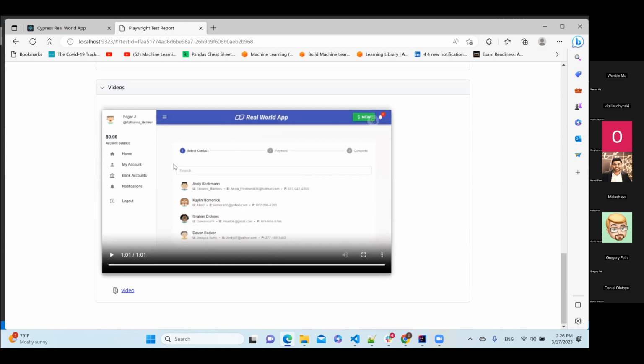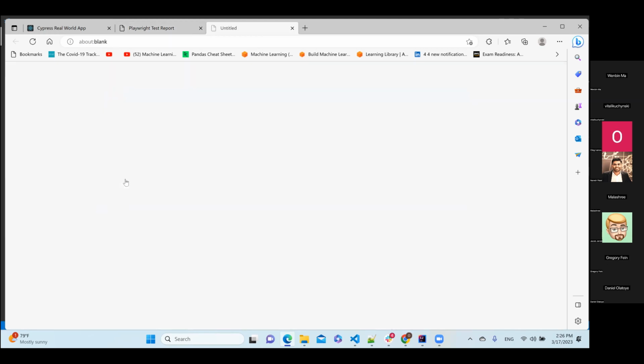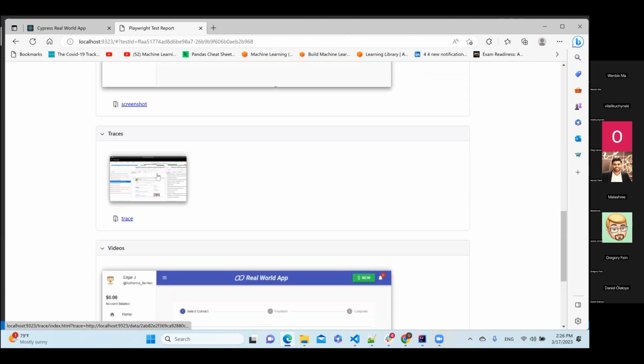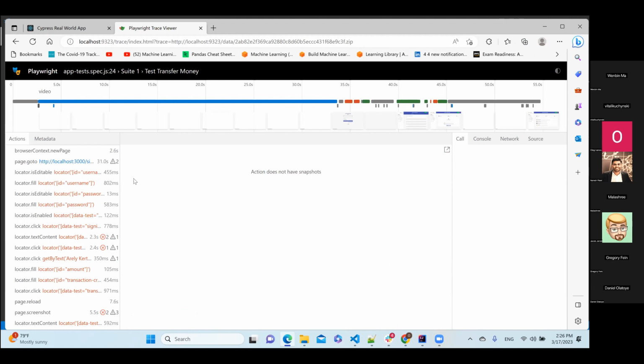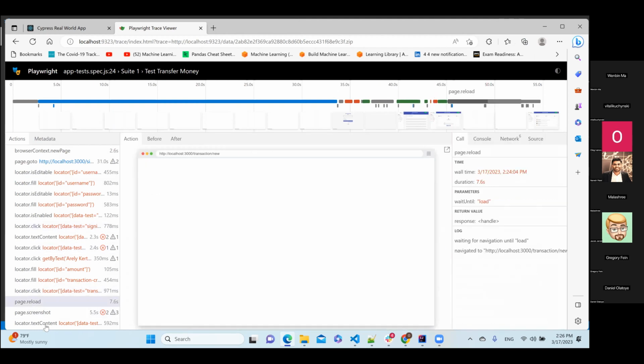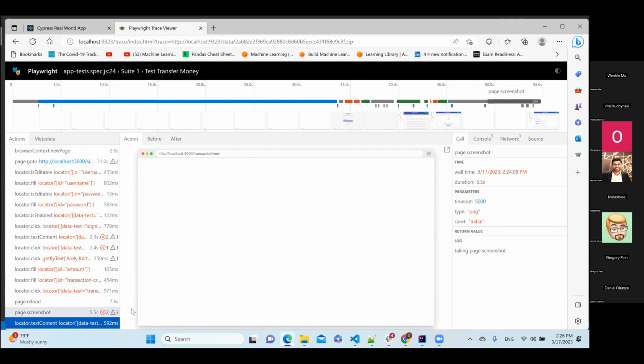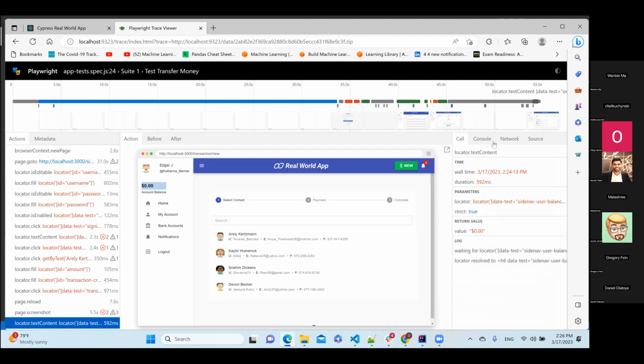Okay, and what do we have more? We have traces inside the HTML report. Okay. Inside traces, we can go inside, and Alex showed you already this nice feature when you have timeline, and you can scroll to the failed step, and after you can see console, network.